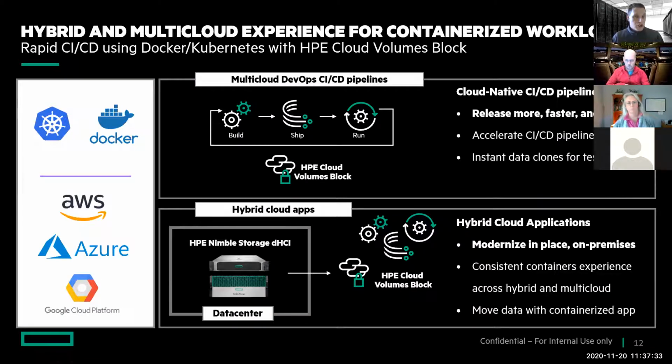There was one more use case that I wanted to throw in here that is becoming much more popular, and that's the idea of utilizing this Cloud Volumes Block as a hybrid cloud mechanism for container platforms. Specifically,